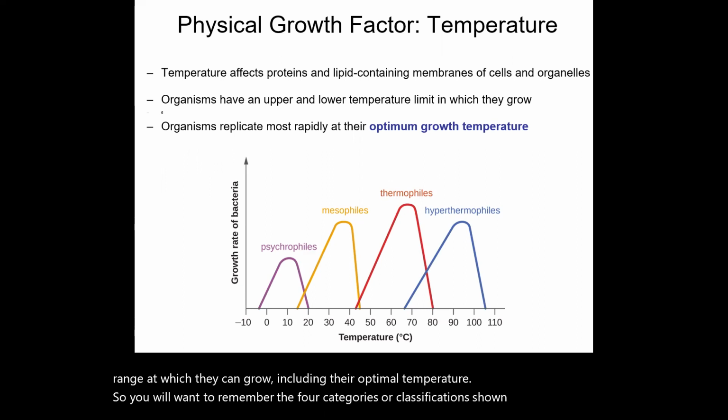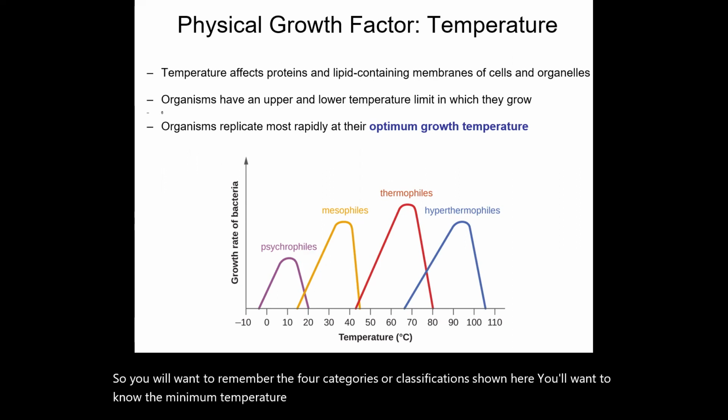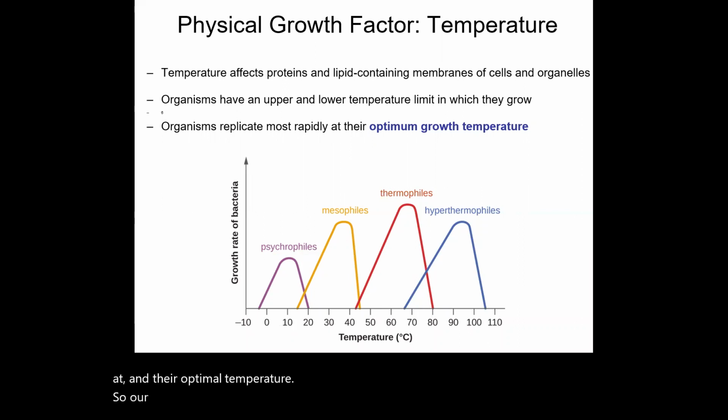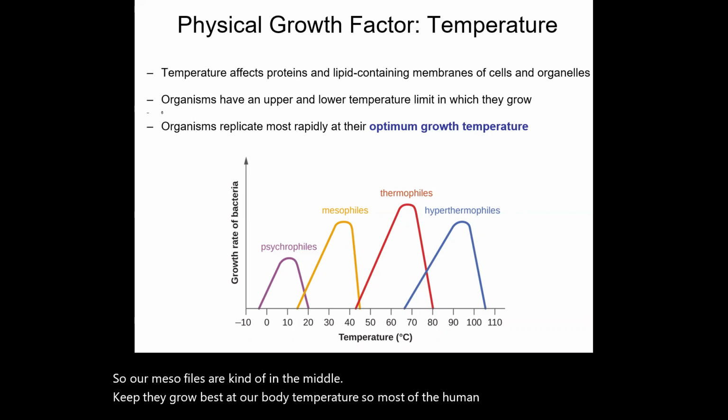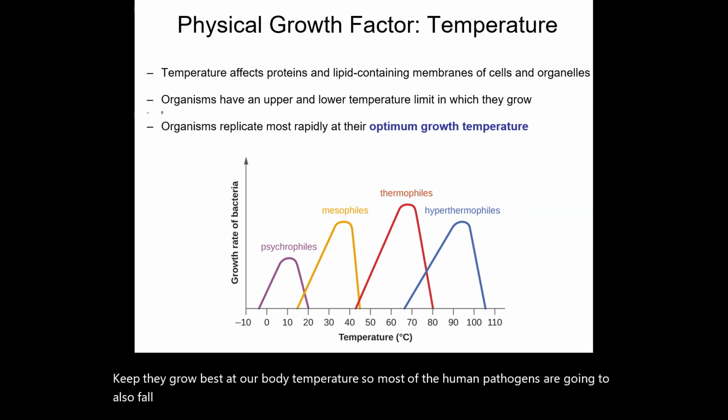You'll want to know the minimum temperature they can grow at, the maximum temperature they can grow at, and their optimal temperature. So our mesophiles are kind of in the middle. Okay, they grow best at our body temperature. So most of the human pathogens are going to also fall into this category because their optimal growth temperature is